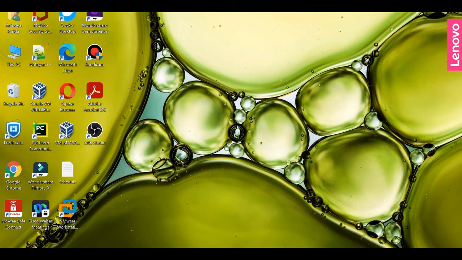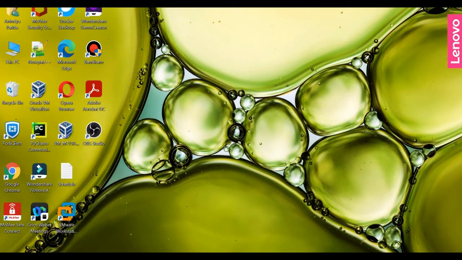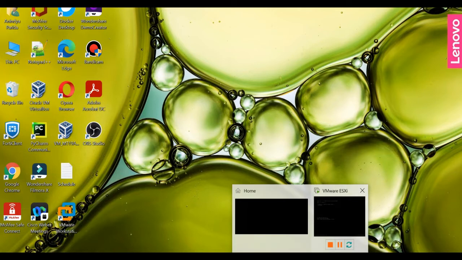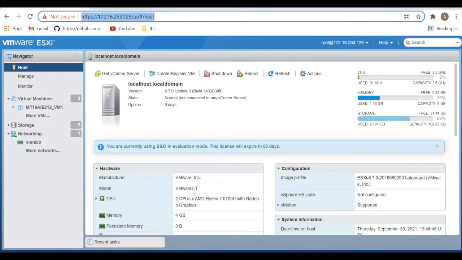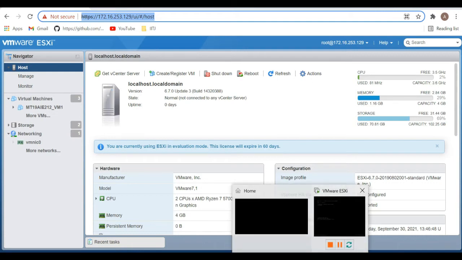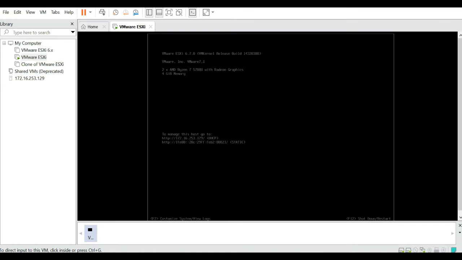Hello everyone. Today I am going to demonstrate how we can create storage virtualization on a hardware level. Here we will be considering three VMs for our purpose, and based on that we will be doing the virtualization. For this I am using VMware ESXi, VMware Workstation, where I need to first